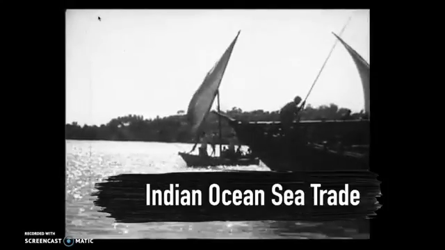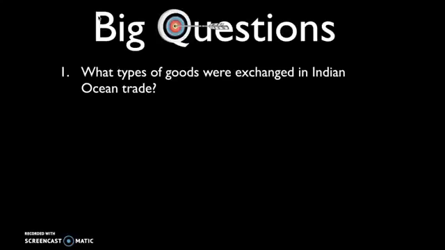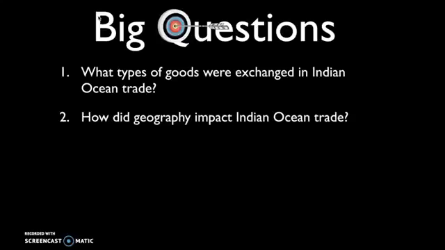Welcome back, young scholars. In this video, we will be discussing the second major trans-regional trade network, which is the Indian Ocean sea lanes. The big questions you should be able to answer after watching this video are: first, what types of goods were exchanged in the Indian Ocean trade? Second, how did geography impact